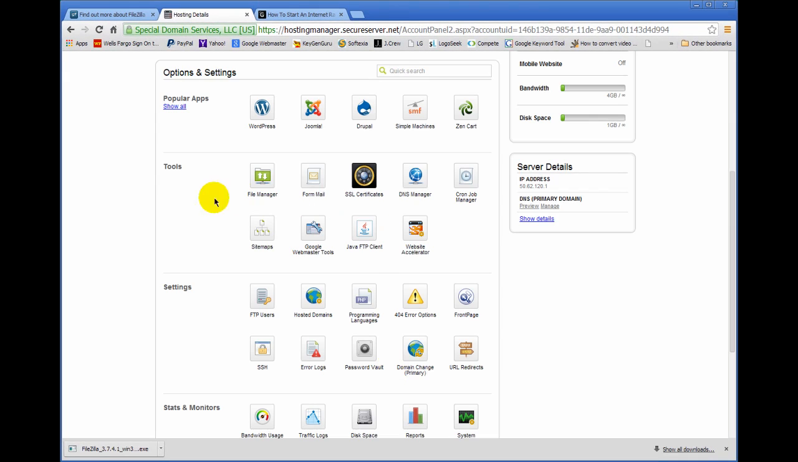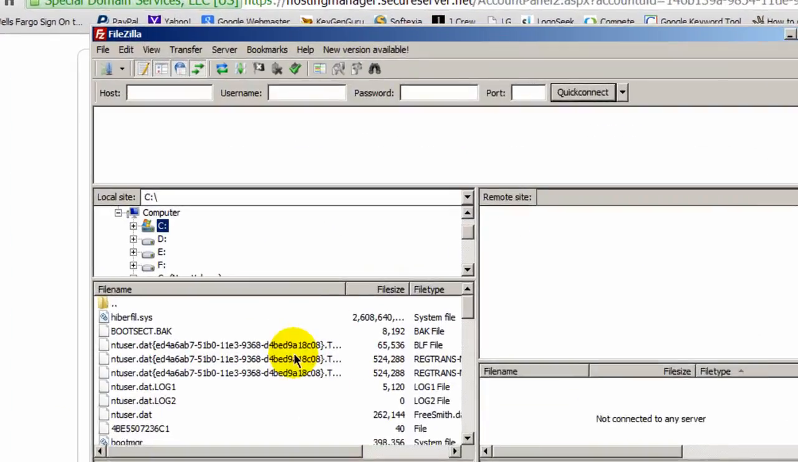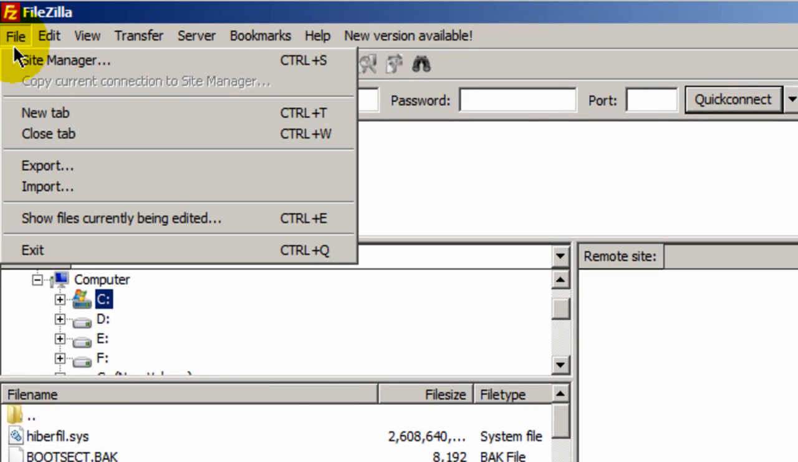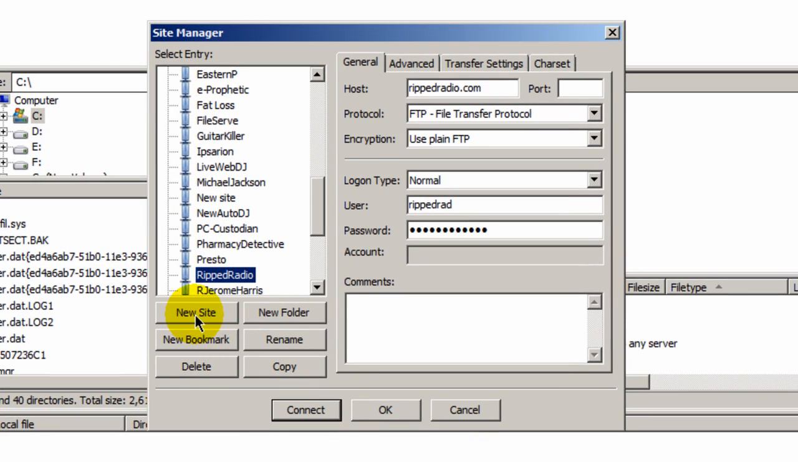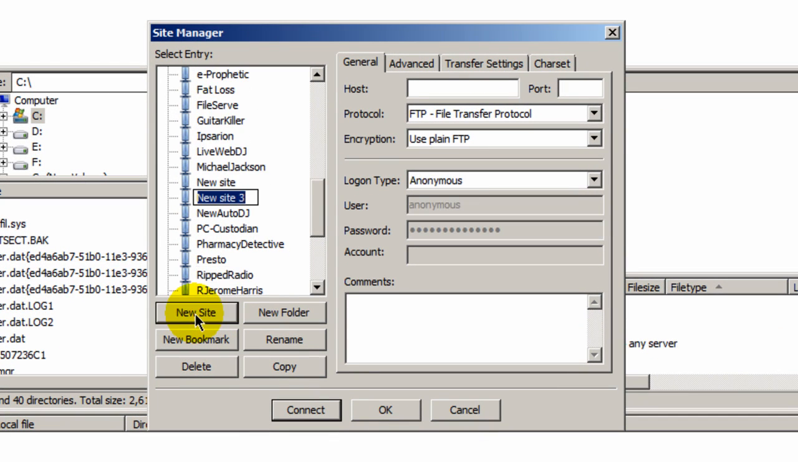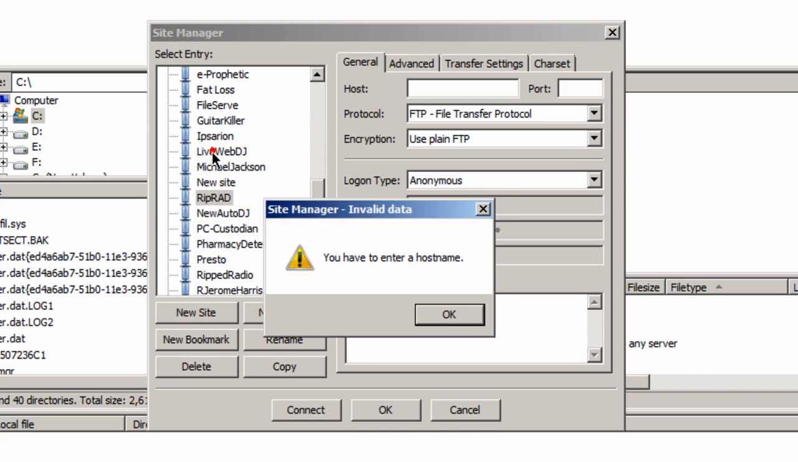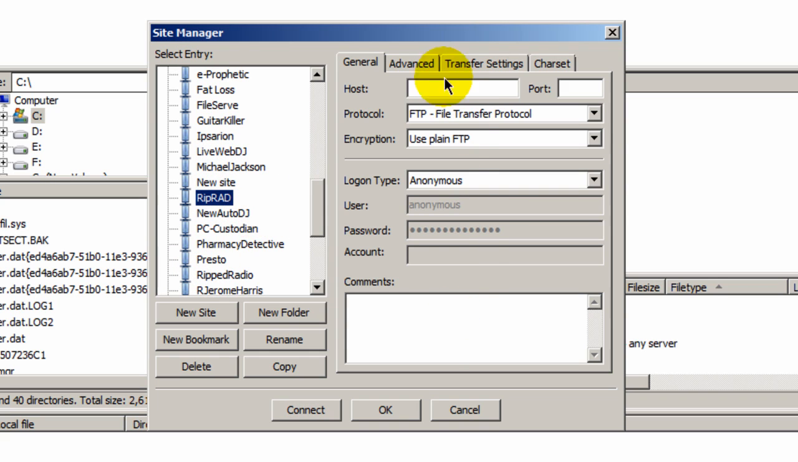Now, once you have gathered your username and password, you can come back to FileZilla, go to File, Site Manager, and create new site. When you create new site, you can give it a name. I'll call this Rip Radio. It's so you can organize all your sites. Then over here, you enter in your host name. The host name is your domain name. So I can type in here,